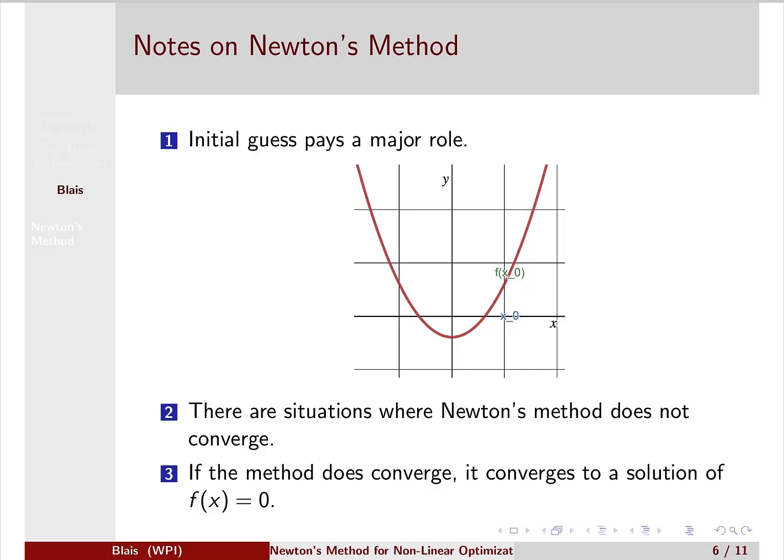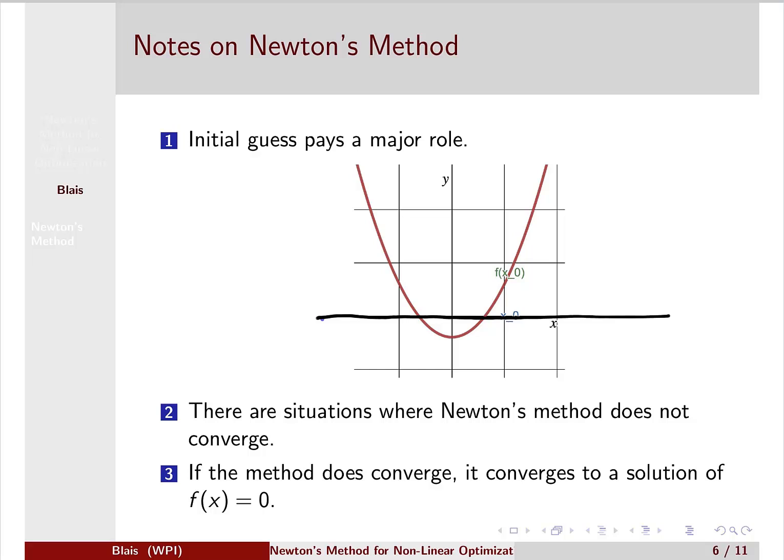A couple of subtleties. It's important to recognize that there are situations where Newton's method does not converge. And if it does converge, it will converge to a solution of f of x equals 0. But it also depends heavily on the initial guess. So with this depiction here, we have our